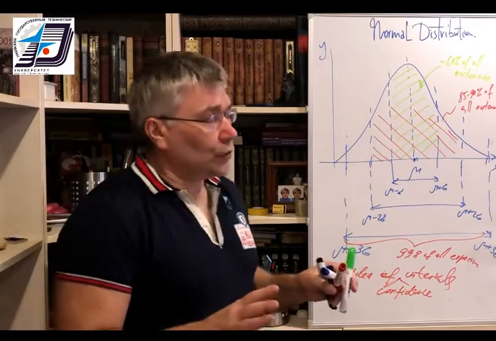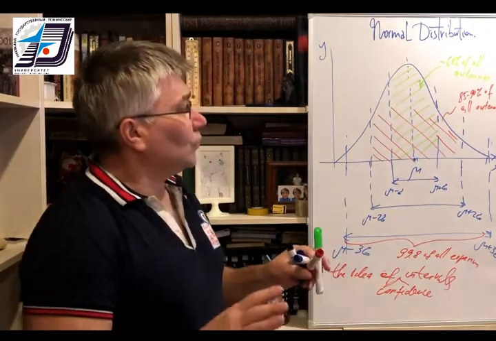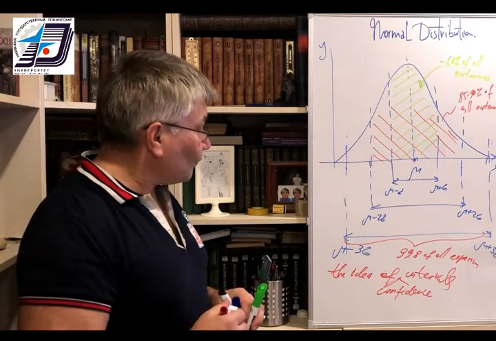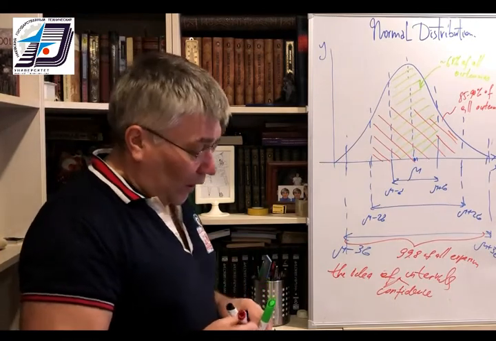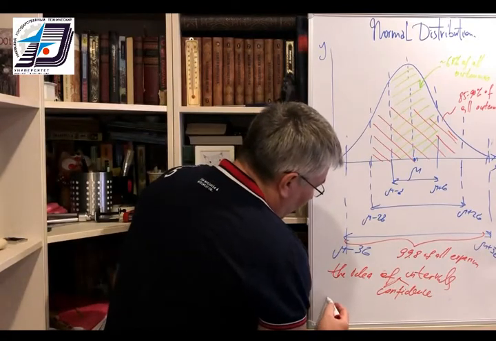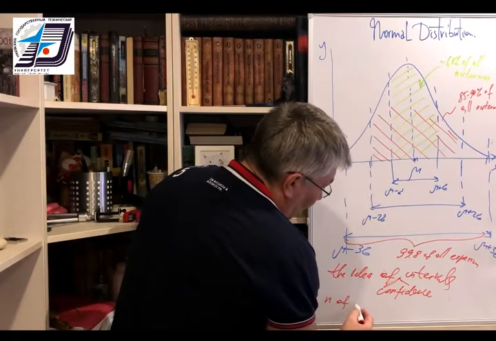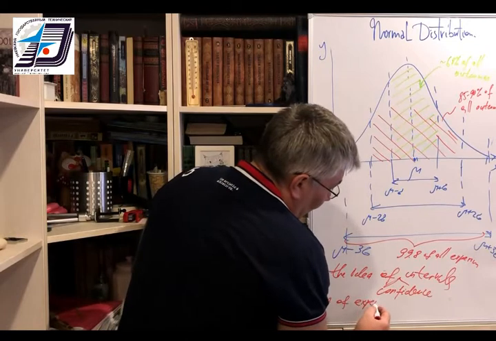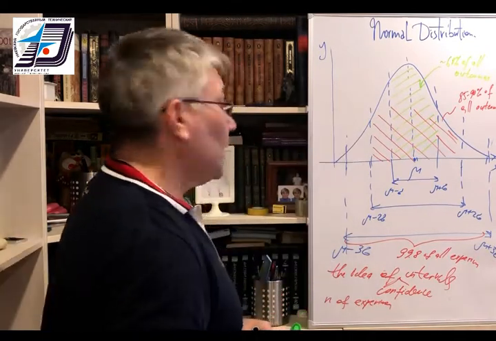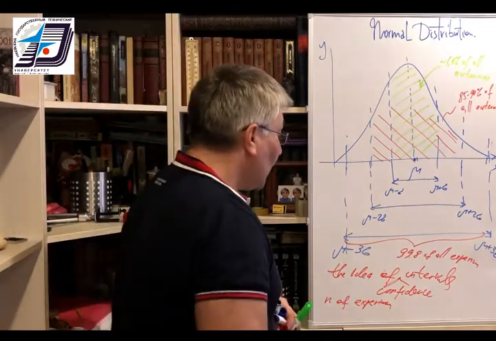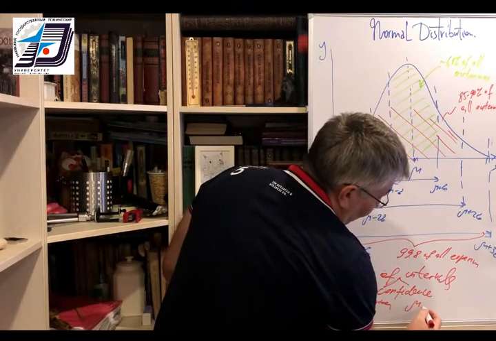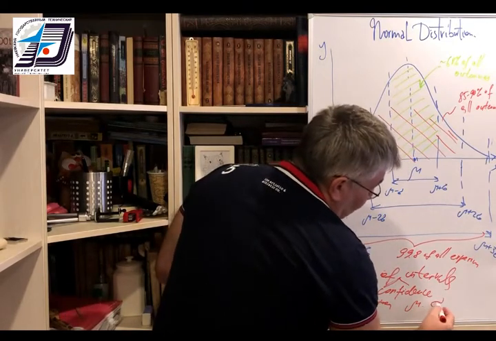I want to explain it just to make it clear, viscerally clear. For example, you made n number of experiments, and n is a large enough number. If you calculate the mean value and standard deviation,